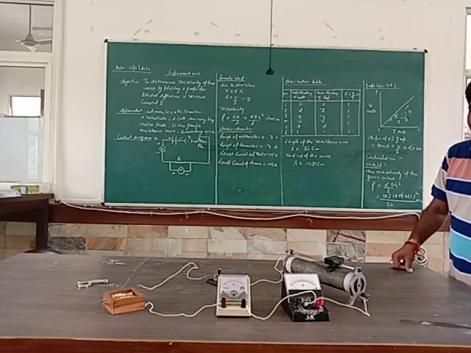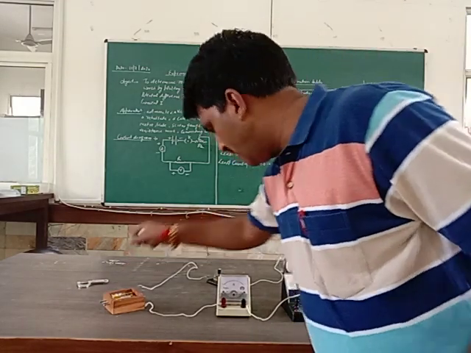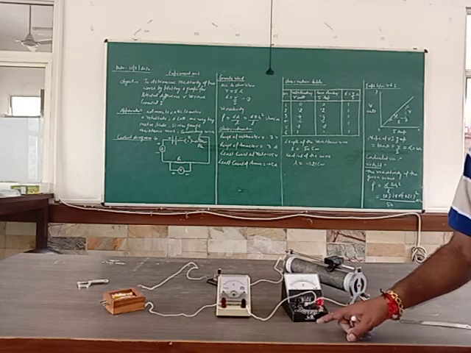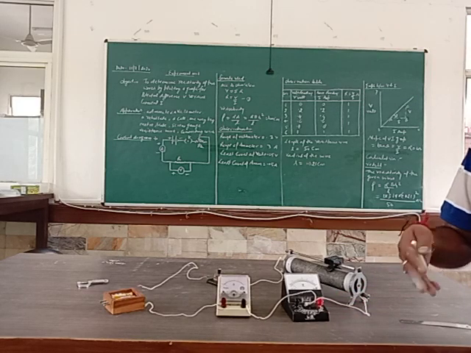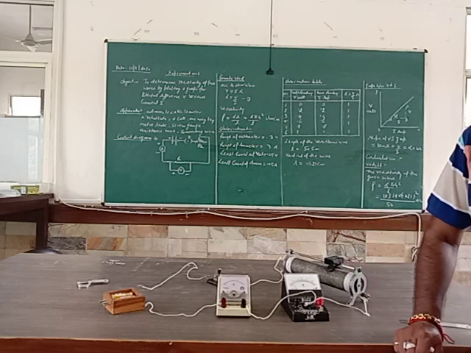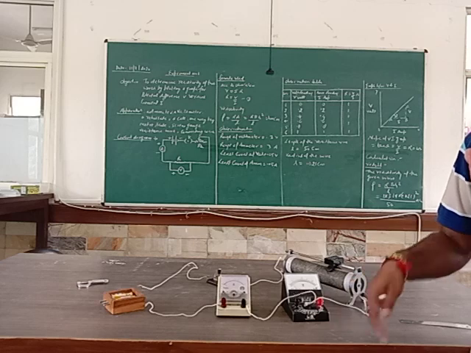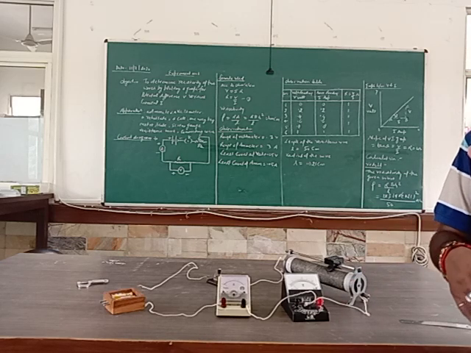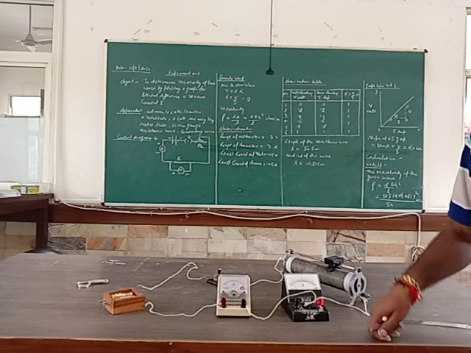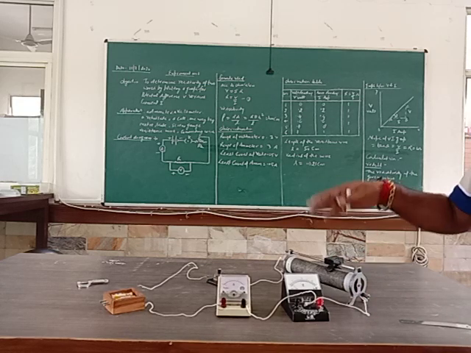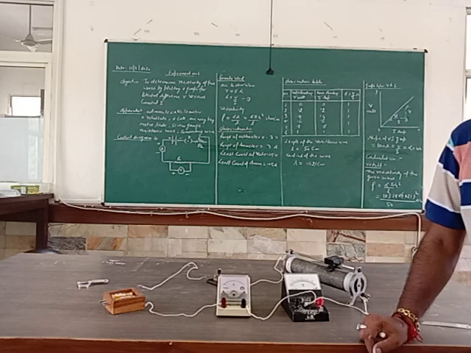So first we will use that wire, and then we will disconnect this wire from the voltmeter and use the second wire and the third wire. We can also use different alloy wires to measure the resistivity. For the first wire we can use nichrome, for the second Constantan, Eureka. You can measure the resistivity of wires of different materials or different alloys with this apparatus. Again and again we use the same pattern and the same method to measure the resistivity.